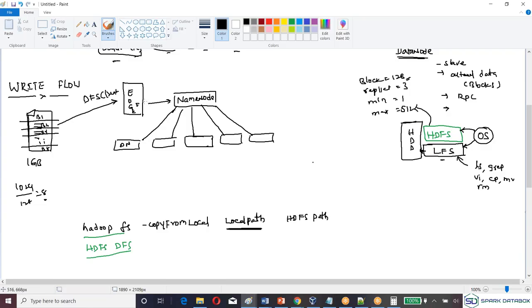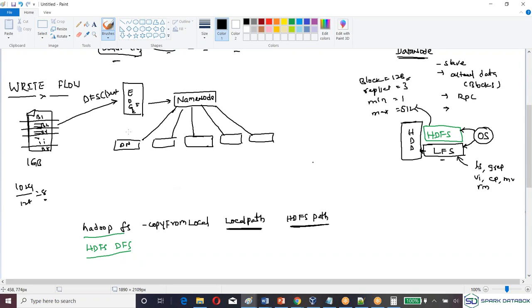Then your DFS client, because I'm going to store into the HDFS path, correct? Now it will check whether this HDFS path exists or not. If it exists, it will not store, guys. It says that the path already exists. If you give a file path that exists, it will not store. If you give a folder path, the data will be stored inside the folder. But if the same path exists, it will not store. When you say path, it includes a file, right? And also